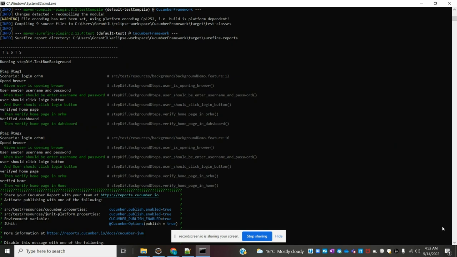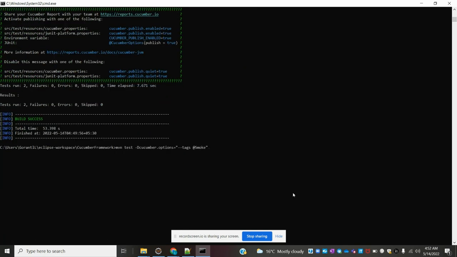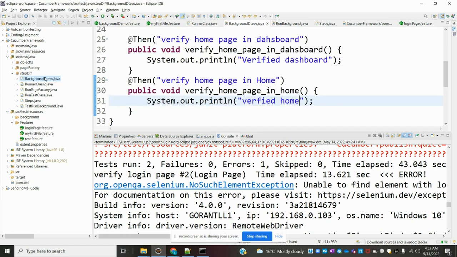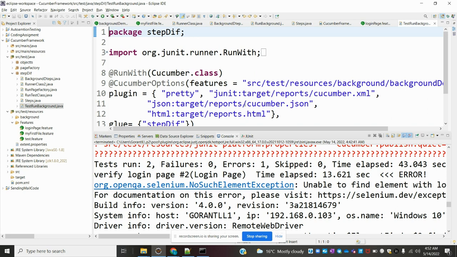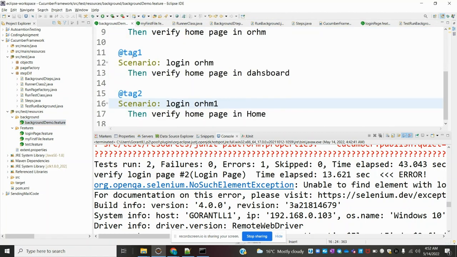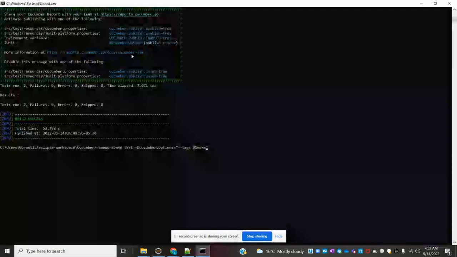Now I'm going to use it here. Options, tags, and the background place. Test background, it is basically taking the background feature file, that is this one, and there is a tag one there. I'm going to take the tag one. Okay, now I am going to provide here